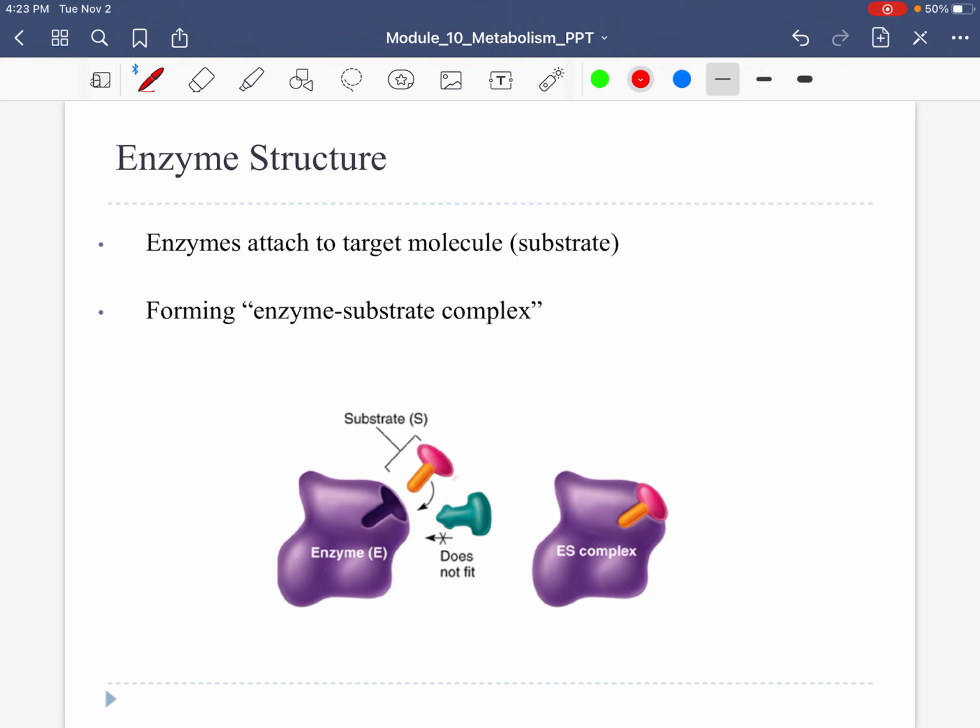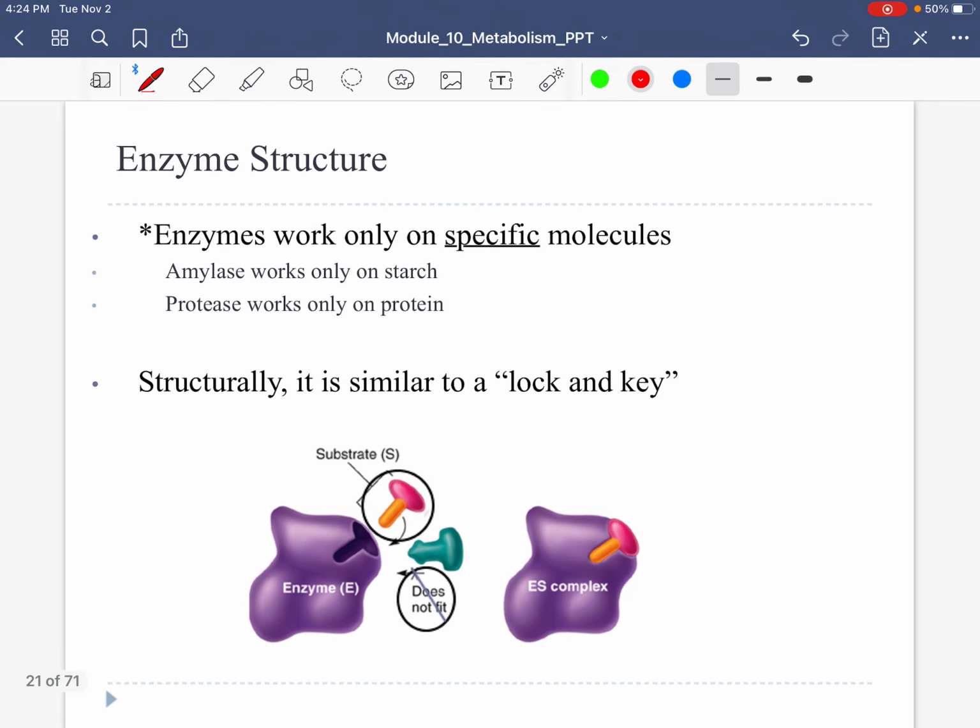Okay, when we talk about the enzyme structure, we're not going to get that specific. I'm just showing you some pictures, okay? In these little pictures, the enzyme is purple. The enzyme is what is going to attach to something and help to speed up the chemical reaction. What I want to point out is enzymes display specificity. And that means that each enzyme can only work on a specific substrate. Substrate is the fancy word for whatever the enzyme is helping.